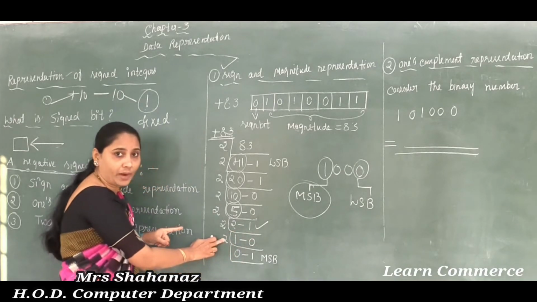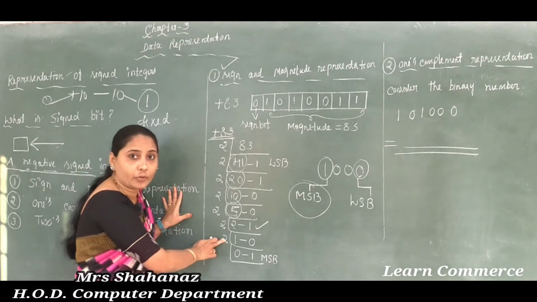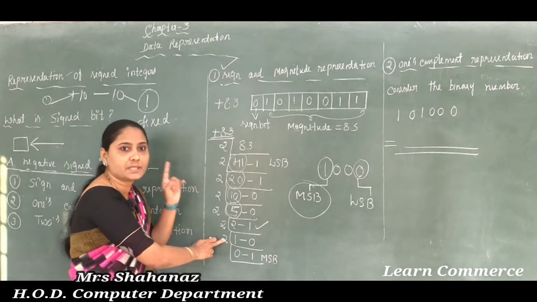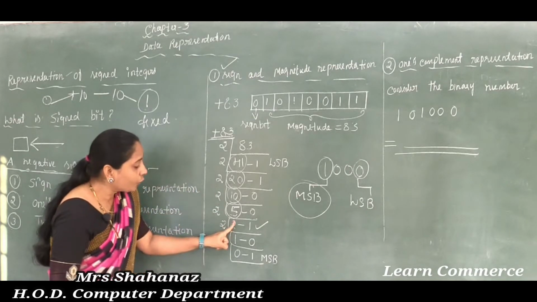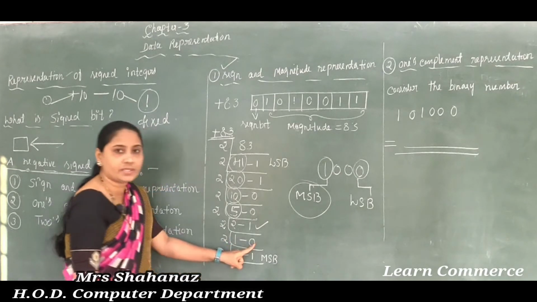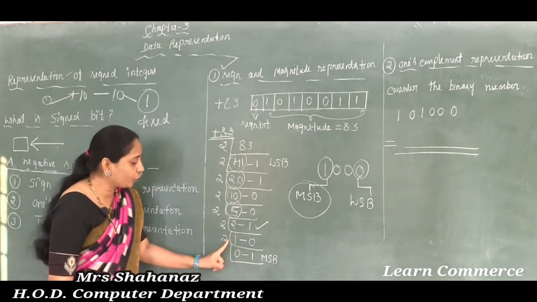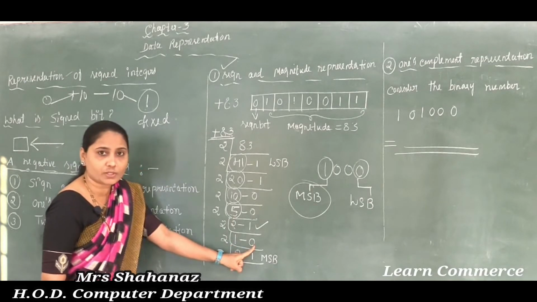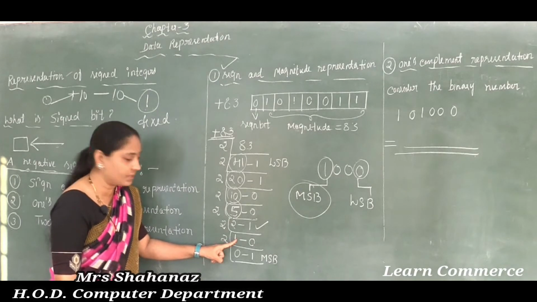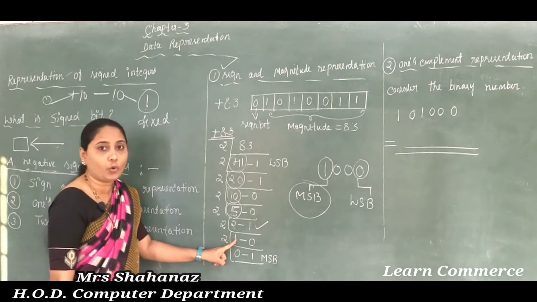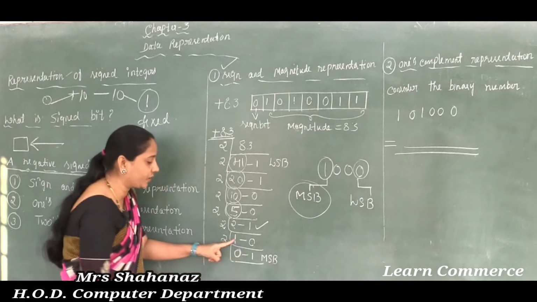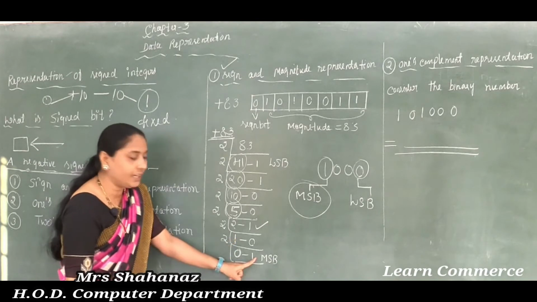Again we need to divide, as we know that whatever value is there, we divide it by 2 until the quotient becomes 0. Next, 2 1s are 2, so the remaining value is equal to 0 here. Now the quotient value is 1, so it won't go. Here we take the 0 value, and whatever the remaining quotient is, we write it here.